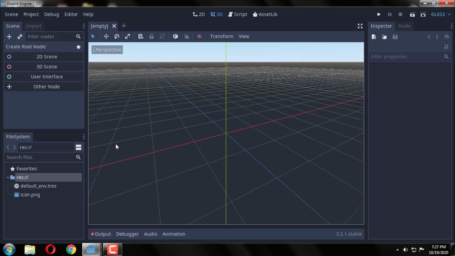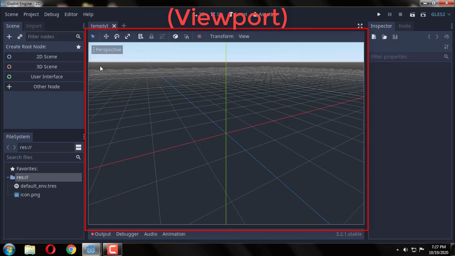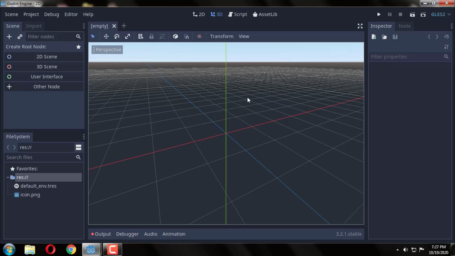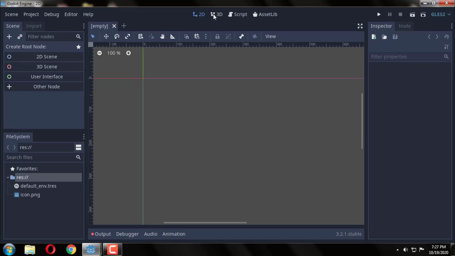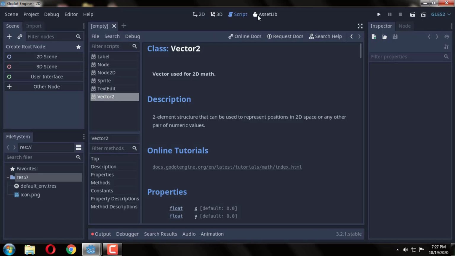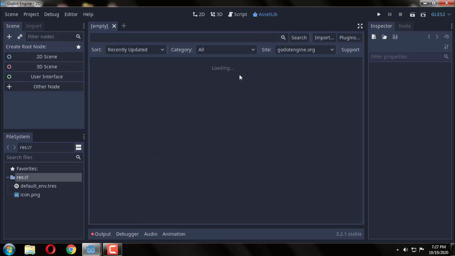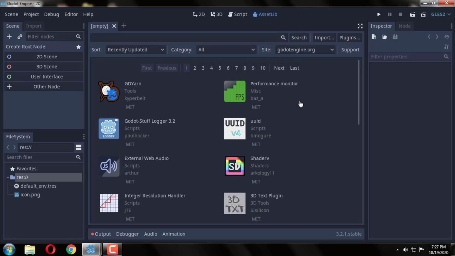The main part of the Godot editor is the viewport. This is the viewport in this circle. You can control the viewport modes by 2D, 3D, script, and this is the assets library where you can find